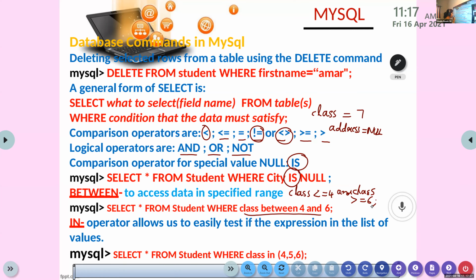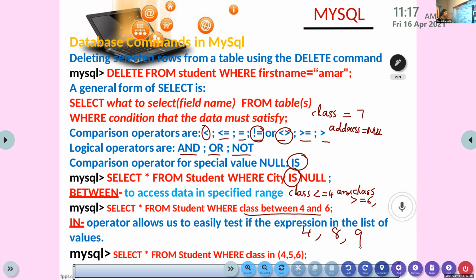Is that clear, Amal Raj? So here the meaning is 4, 5, and 6, isn't it? In between 4 and 6 means 4, 5, and 6. Suppose the question is display the details of students whose classes are 4, 8, and 9.